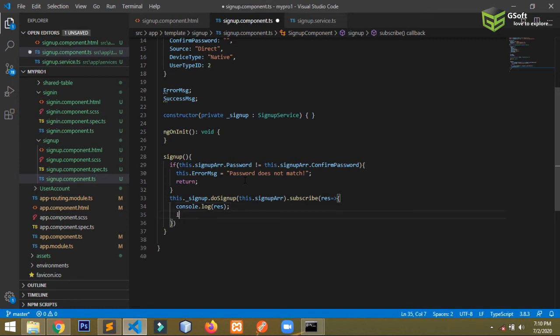Okay guys, so here I will write if the response code is 200, then I will show a success message also. So I will write here res dot response code is equals to 200, then I will write here this dot success message equals to registration successful.